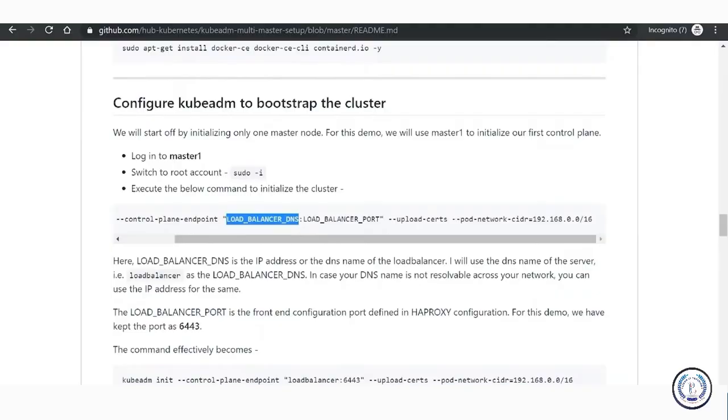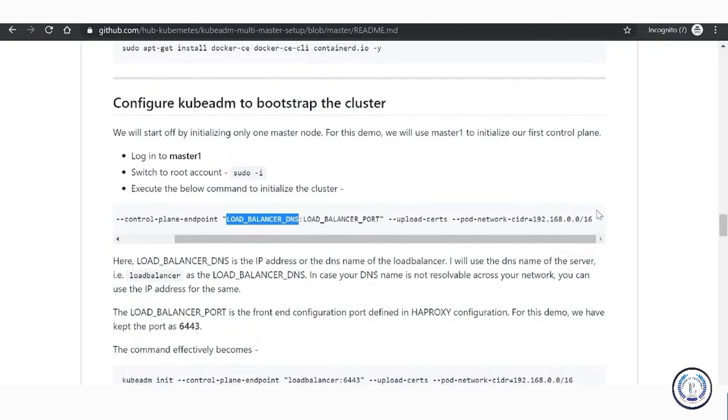And then the third flag that we'll provide is the pod network CIDR flag, which tells Kubernetes what will be the pod network CIDR. That means what will be the IP address or what will be the CIDR or the subnet on top of which the IP addresses will be assigned to the pods. The reason why we are using 192.168.0.0/16 is because I want to use Calico as my primary CNI. And if you're not aware, then Calico's default configuration for pod network CIDR is 192.168.0.0/16, something that can be configured. But if you want to configure the Calico CNI to a different range of IP address, you will